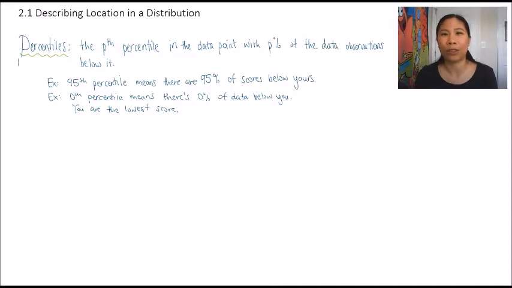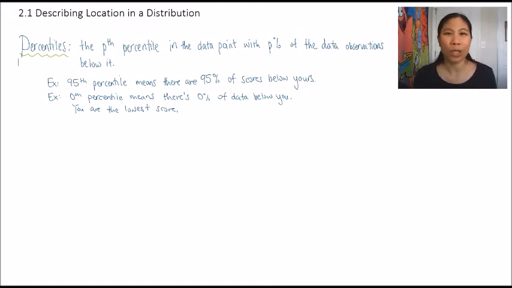So out of all the other classmates that you have, all the other people in your class, that percent is who you're doing better than, which is good. So a higher number is better, lower number is worse. So the 0th percentile means that there's 0% of data below you, which means you are the worst. Also, we can talk about the 100th percentile, because the 100th percentile means that it's 100% of the data